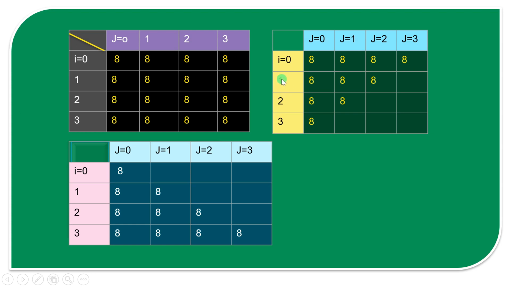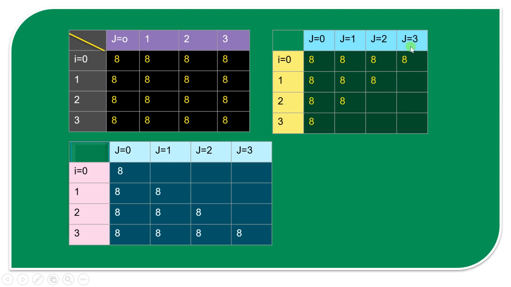As you can see, as I becomes 1, it has started decreasing. At 0 all columns are present. At 1, it has turned to 4 minus 1, that is 3. The length is 4, so 4 minus 1, where I is 1. On the second row, it is 4 minus 2.